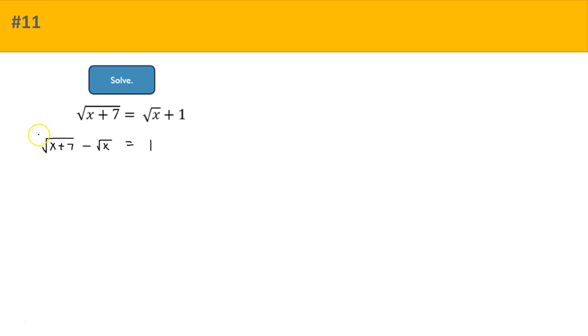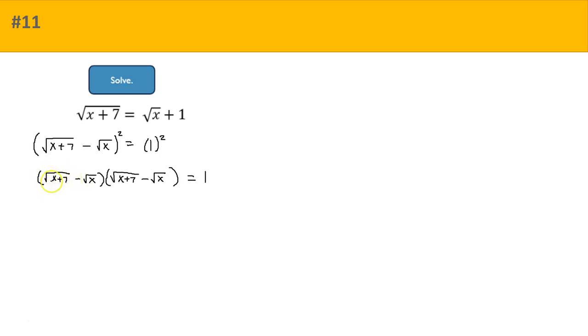So now that we have all of our radicals on one side of the equation, I'm going to square both sides of the equation. When you square this entire set of parentheses, that means that there are two of them. All right, and 1 squared is just equal to 1. 1 times 1 is 1. Okay, so let's work on